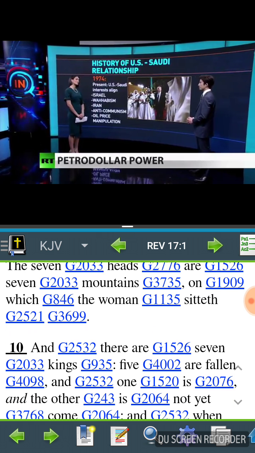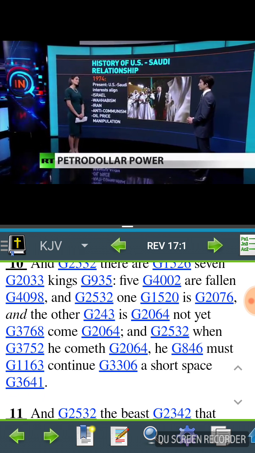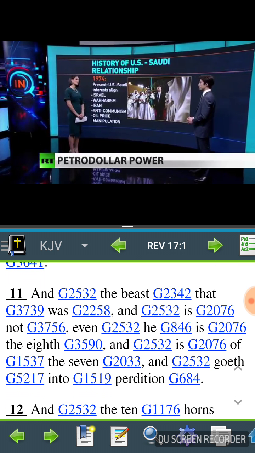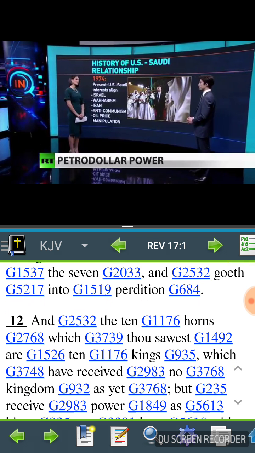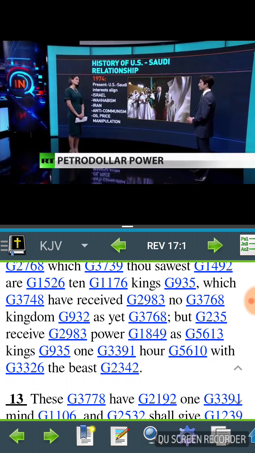On which the woman sitteth. It says, and there are 7 kings, 5 are fallen, one is, and the other is not yet come, and when he cometh, he must continue a short space. And the beast that was and is not, even he is the 8th, and is of the 7, and goeth into perdition. And the 10 horns which thou sawest are 10 kings, the ECC, which later became NATO,